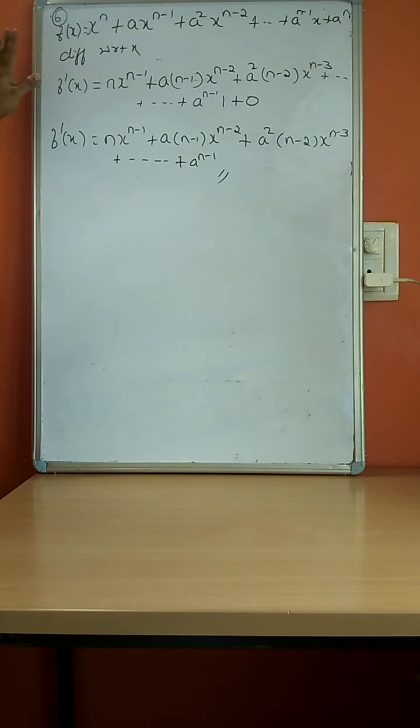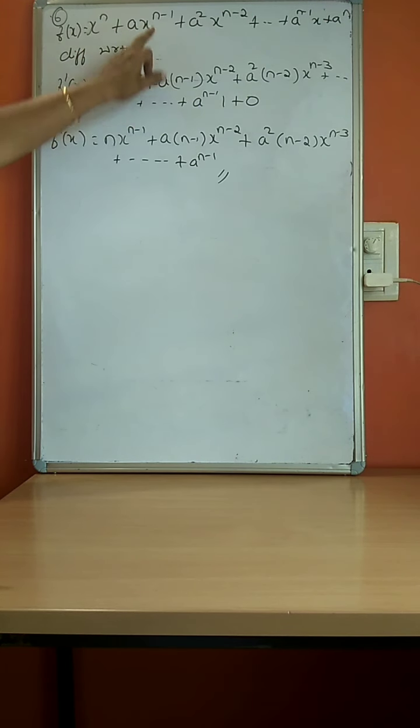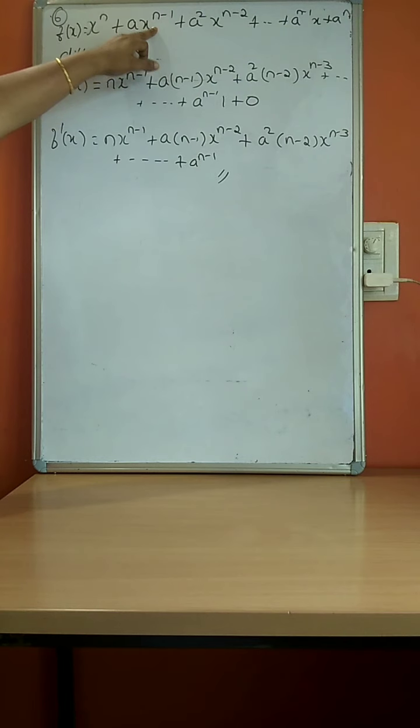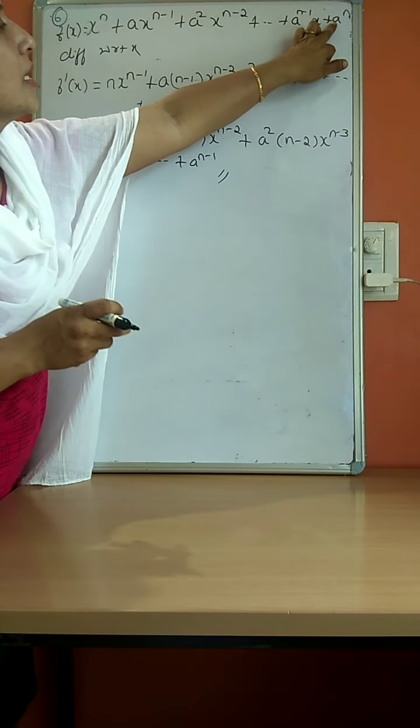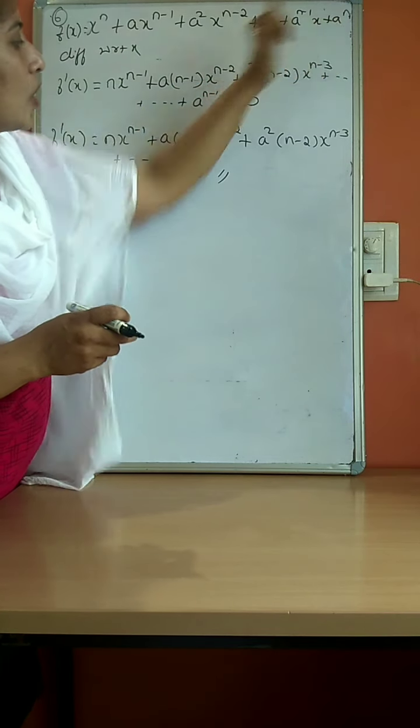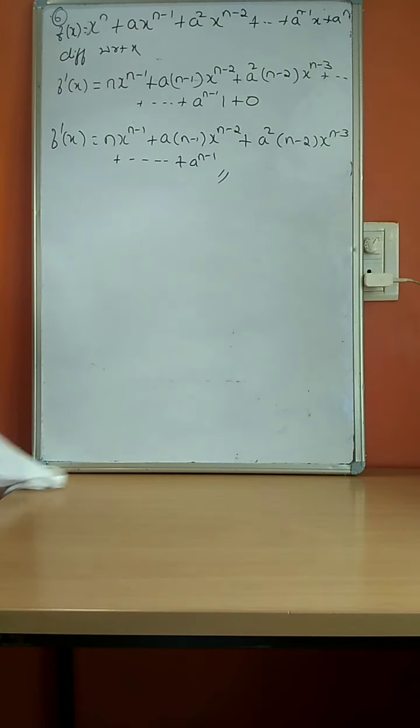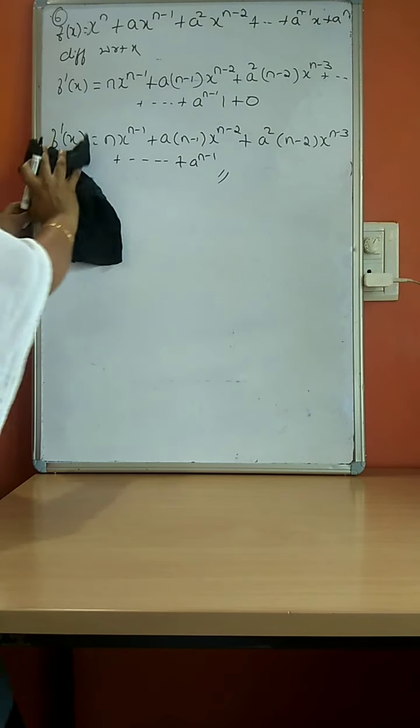See, he is asking just to find the derivative of the function. Whatever he has given, take down and go for differentiation. It looks like it is in the form of the first rule, that is constant into function, so keep the constant as it is. Here also only a constant is there. Differentiation of any constant term is what? 0. Do you understand?